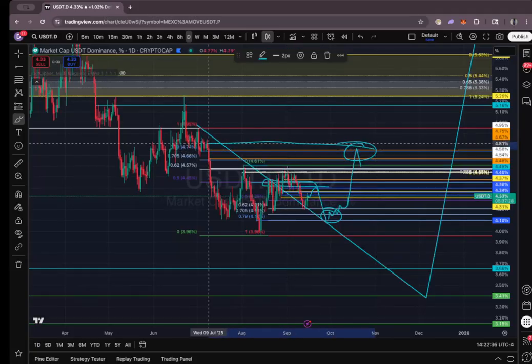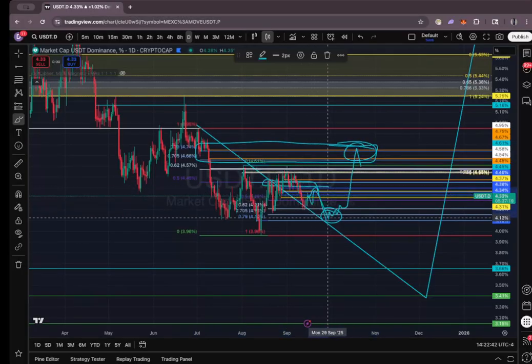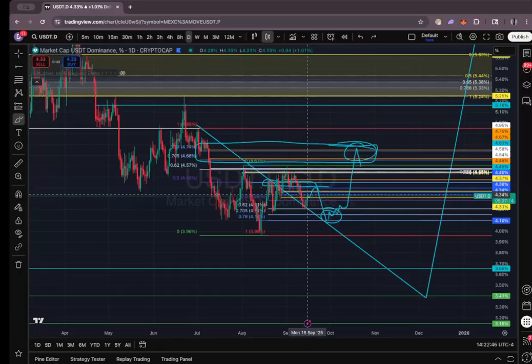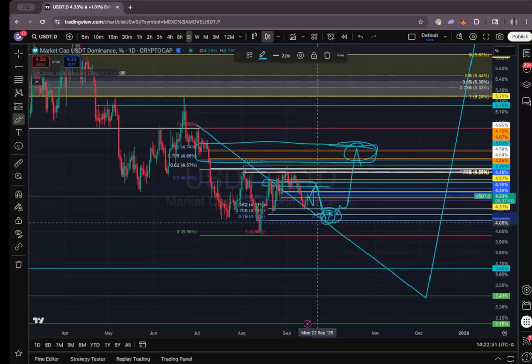This liquidity is still open, right? We are not going to leave this liquidity on the table. Market makers do not want to do that. So what do they want to do? They want to chop everyone up. They want to make everyone feel like it's bullish, but end up sweeping the lows. Then everyone thinks it's bearish, right? Everyone thinks it's bullish because we're breaking this low right here.